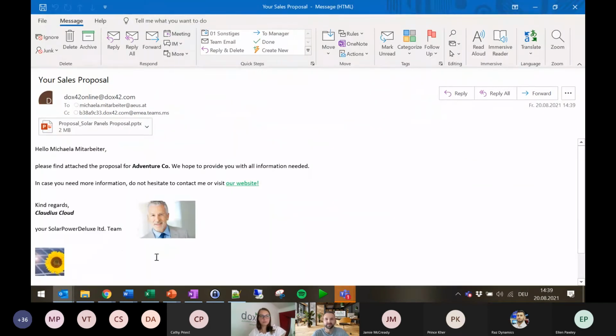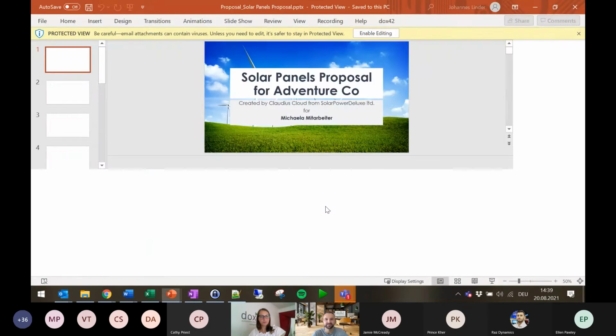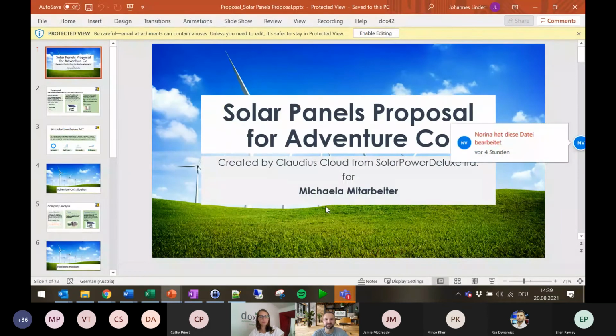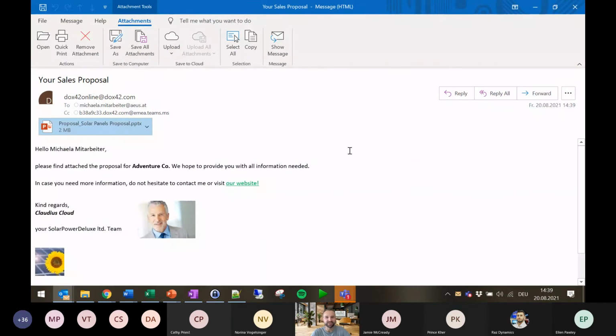And also, of course, in here, like we see, the two have been the receivers of that very email, and as the attachment of that email, we of course also have that PowerPoint. If that's, for example, an option where you want to output the document not directly in a SharePoint library, but to send it out and basically CC to that Teams channel.